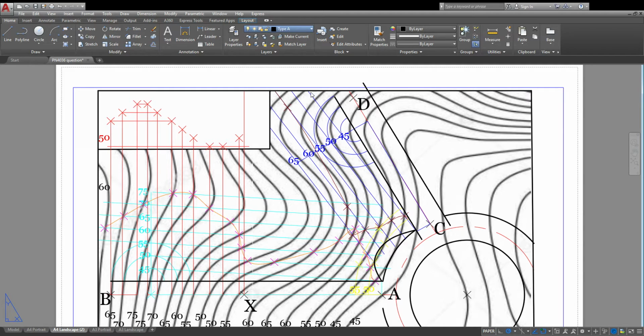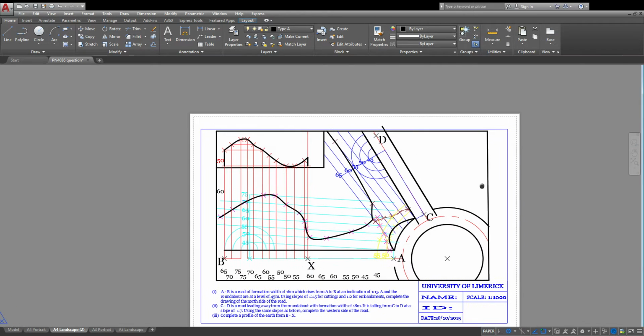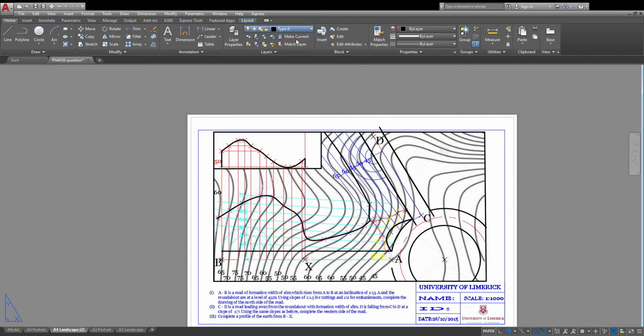So I'm going to show you the whole complete solution to this question now. That line is actually not part of the solution, that's for a different mission, but we have all our lines joined up. I'm going to get rid of some of these layers or hide them, so we can see this somewhat better. So hide that, hide that, hide that one. Oh, I'll leave that one actually. And the other blue one, D. So yes, now